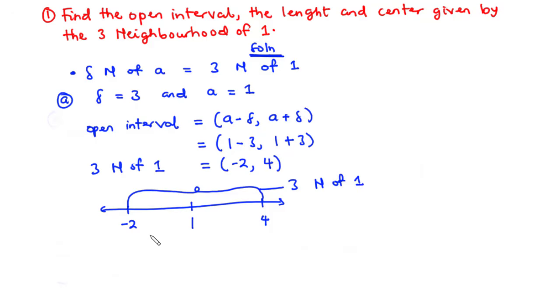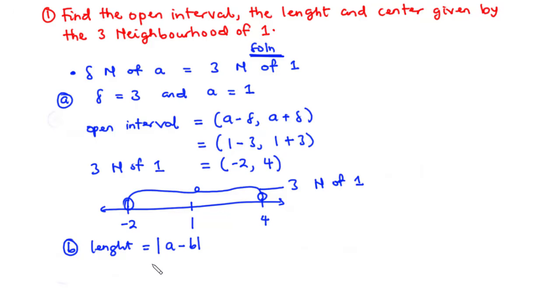Notice that since the interval is open, negative 2 and 4 are not parts of the set. So this is the open interval given by 3 neighborhood of 1. Next, we are asked to find the length of the interval. Now the length of the interval is given by the absolute value of A